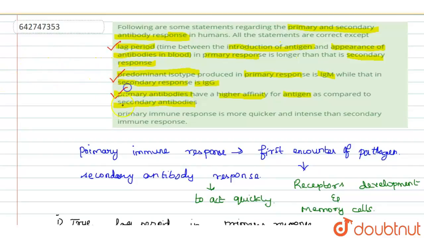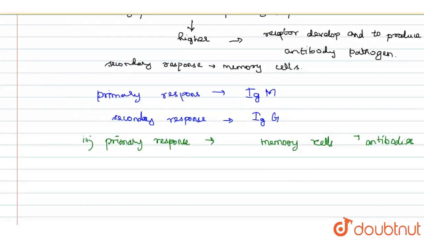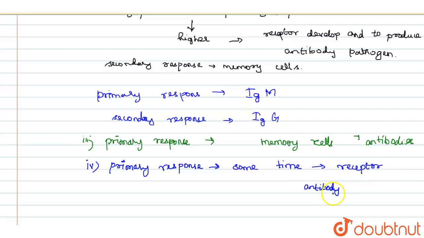So, coming to the fourth statement, a primary immune response is quicker and more intense than the secondary immune response. In the primary response, the pathogen is first encountered and it will take some time for the body to develop the receptor and to produce antibody against that pathogen. But coming to the secondary response, the body remembers that it has previously encountered a certain type of infection, so it will quickly produce